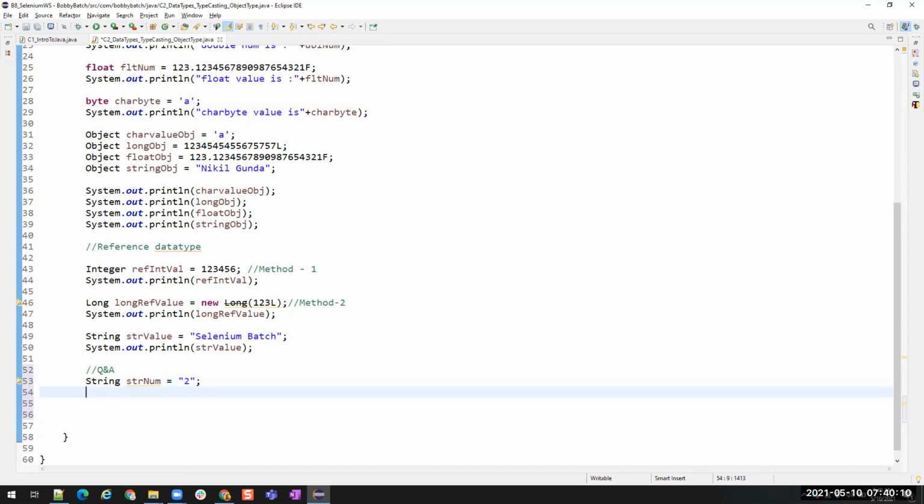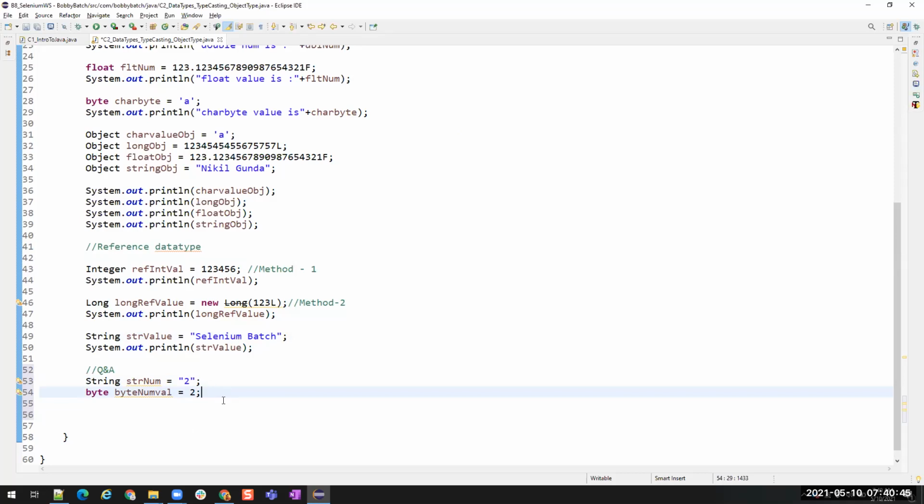Yes, it will be treated as a string, but still we are giving a number inside double quotes, right? So what is the difference between this and this? If I put two dates, it will not print date.